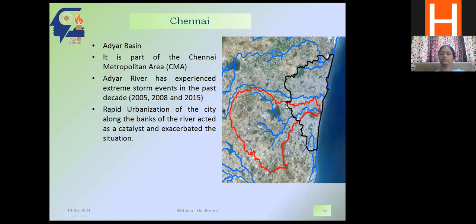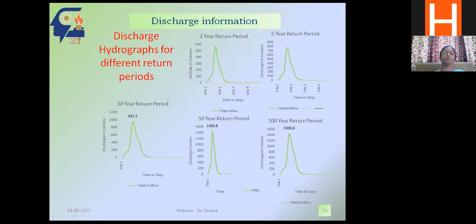And this river is flowing through this and it gets confluenced at this particular point. This is a delta point. So what we did was, any flood study, we had to make the return period analysis. So after 2 years, what will be the maximum rainfall? After 5 years, what will be the maximum rainfall? Like that, that assessment was made, and we did up to 100 years return period.